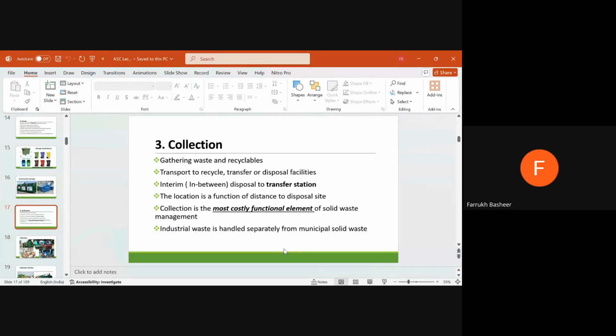So what we call collection is the most costly functional element of solid waste management because it requires different types of vehicles, and these vehicles require maintenance, labor cost, and the cost of the equipment. So in the whole solid waste management part, सबसे ज़्यादा जो महंगा पार्ट है वो collection